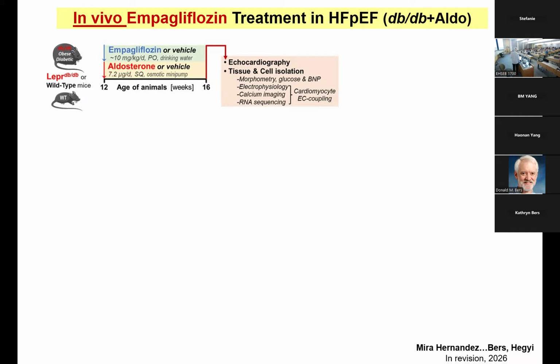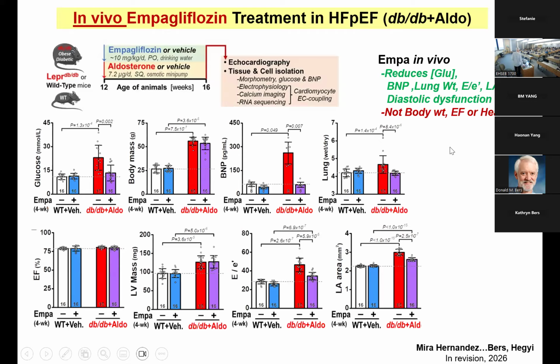But now we wanted to say, well, if we treat these very obese diabetic mice that have developed substantial HFpEF, can they get any benefit from in vivo treatment with empagliflozin at dosages that we think resemble what are used in patients? And what we found was that